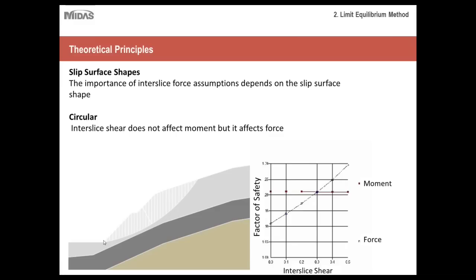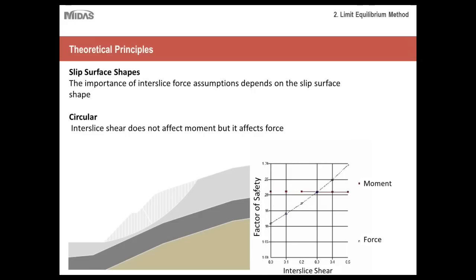As you can see, it takes a circular curve here, and then depending on how many slices you want to create, that's usually user defined. What it'll do is it'll take a circular failure surface and it'll create the slices. But some important things to note about circular failure shapes. First and foremost, if you look to the graph on the right here,